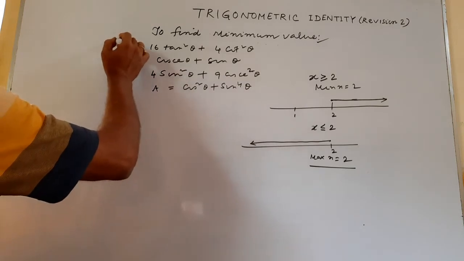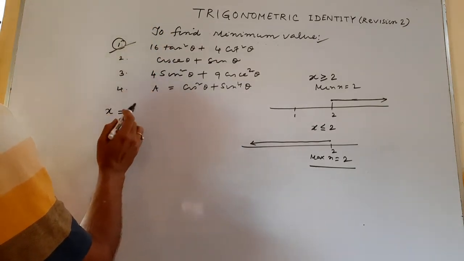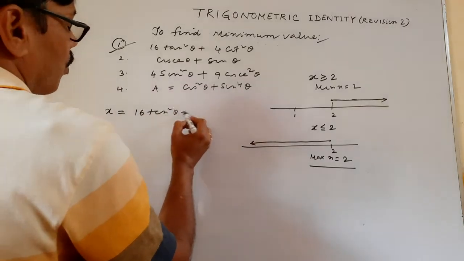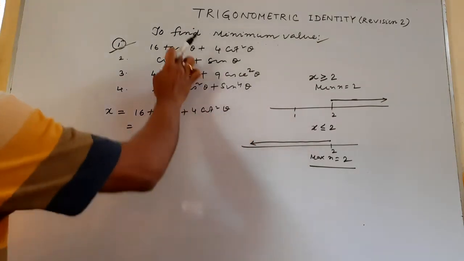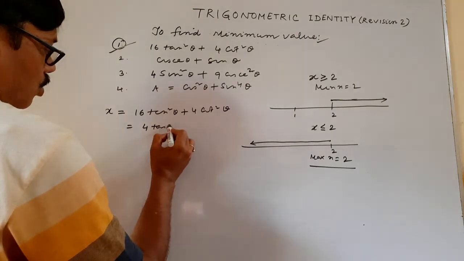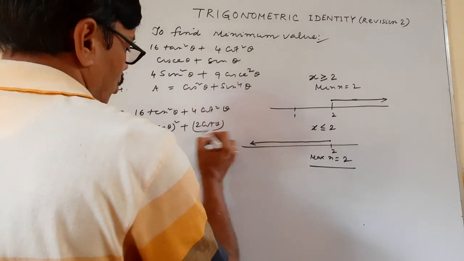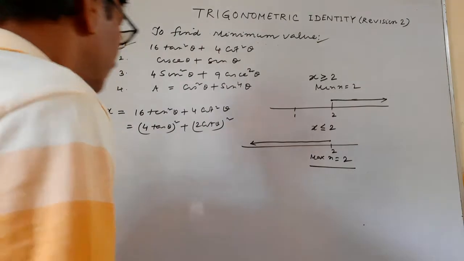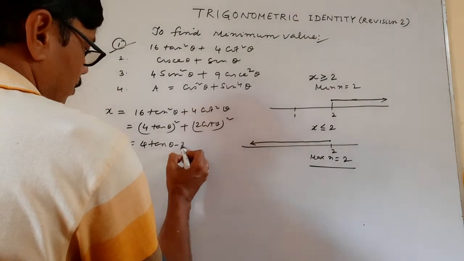Now problem number 1. Suppose x equals 16 tan square theta plus 4 cot square theta. So look, they are reciprocal values. So it is (4 tan theta) whole square plus (2 cot theta) whole square. So a square plus b square, we can write it as (a minus b) whole square